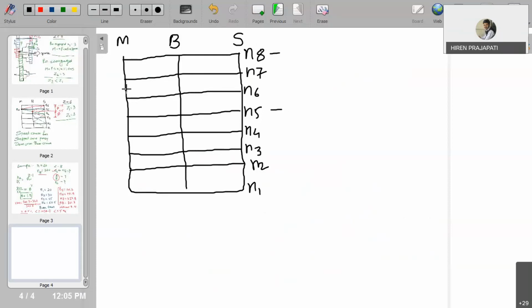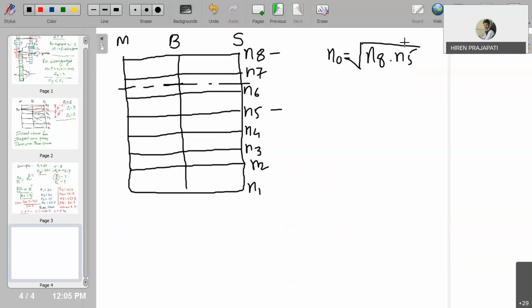So N motor will be the minimum of mean of this. So that is also our one question. We need to find out N0. So what will be N0? N0 is the square root of the maximum and minimum speed available from the pulley without back gears. So N8 into N5, right? So I write here N8 into N5.